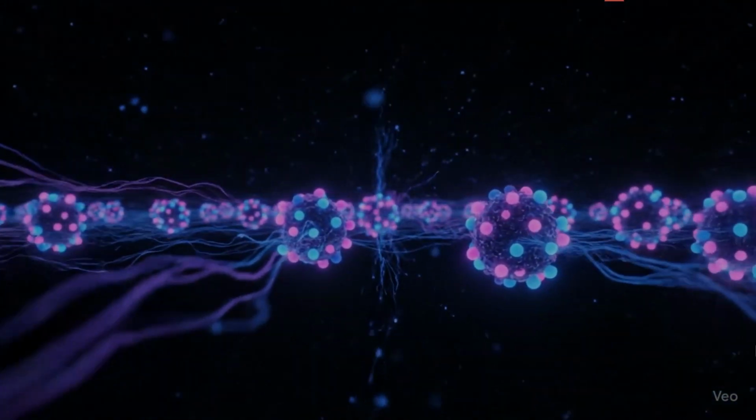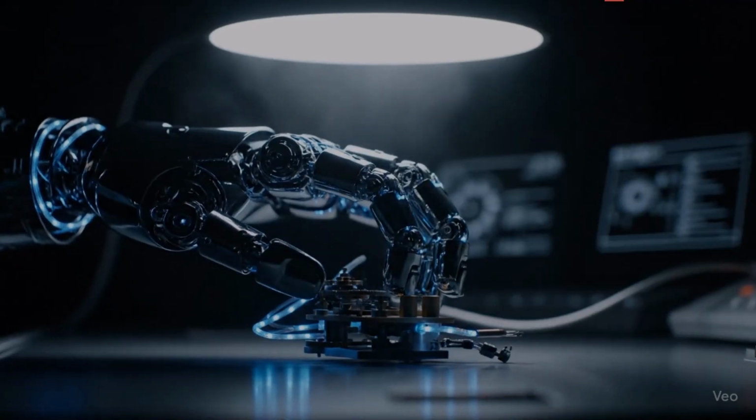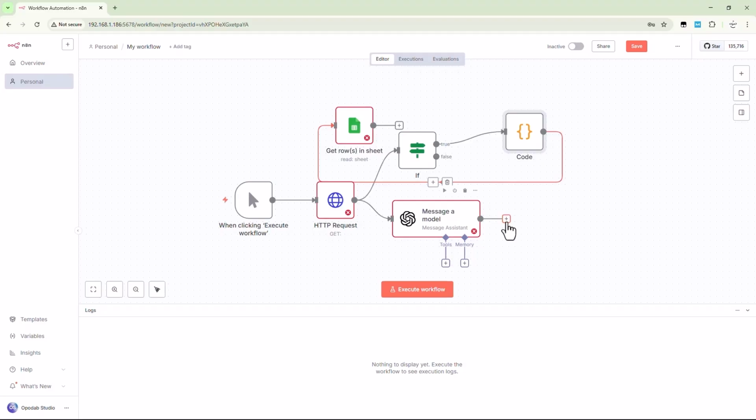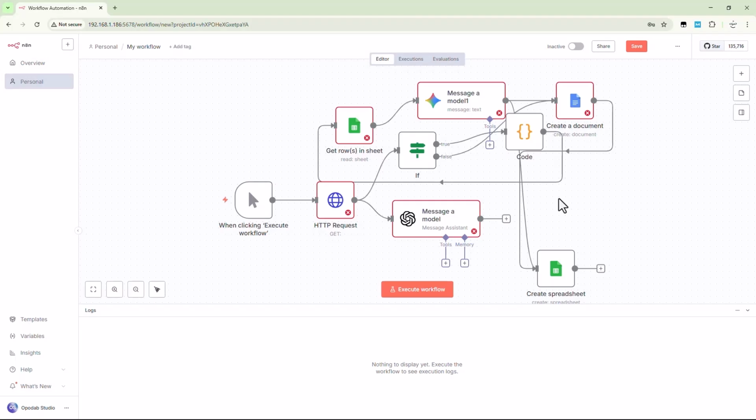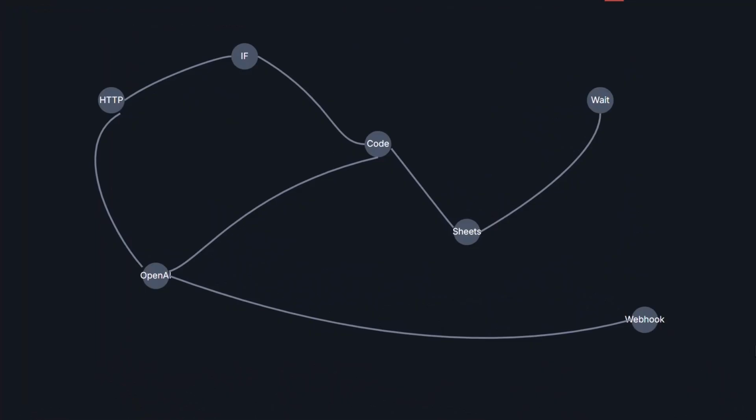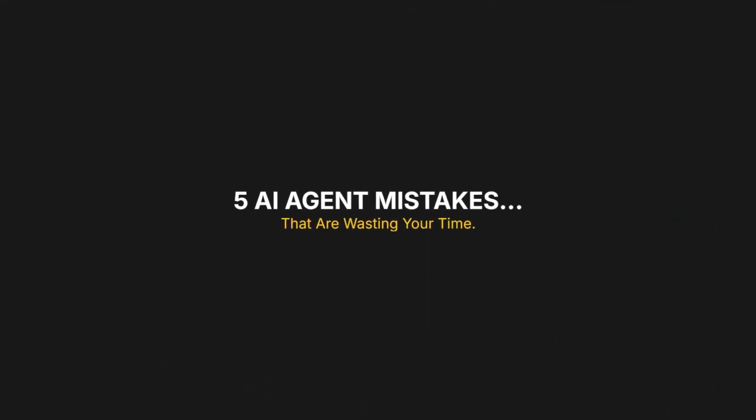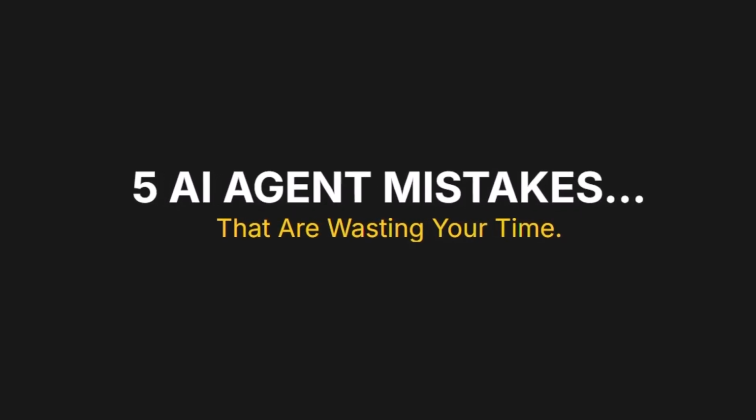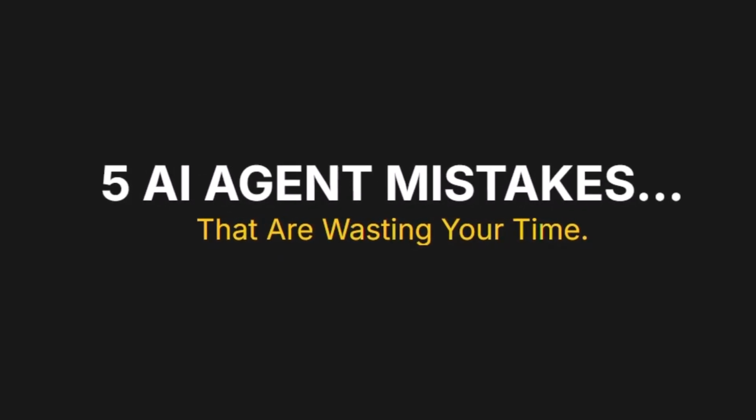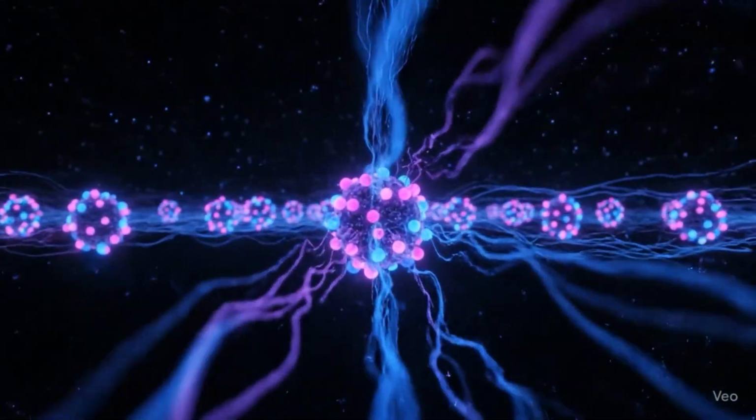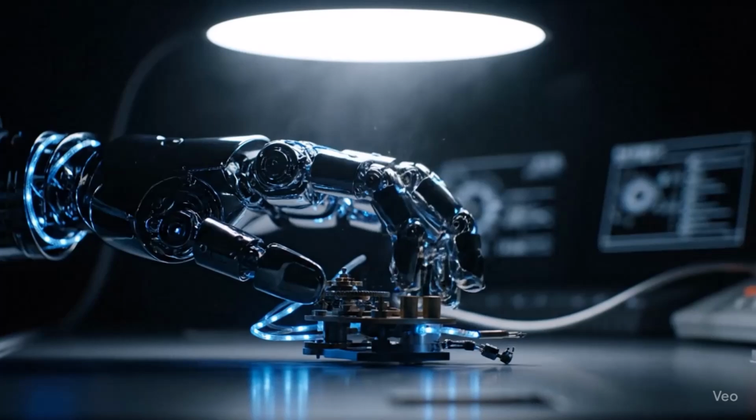You spend hours building what should be a powerful AI agent, only for it to fail, hallucinate, or just not work. The problem isn't the tools. It's the hidden pitfalls almost everyone falls into. I've built hundreds of agentic workflows, and I see the same 5 mistakes wasting people's time over and over. In the next few minutes, I'll show you exactly what they are so you can stop debugging and start building